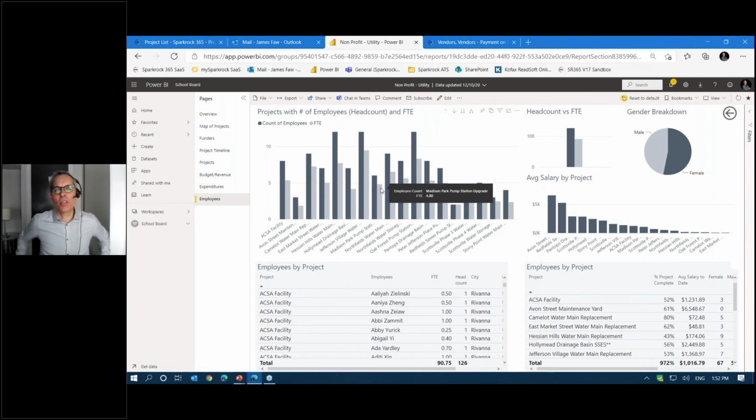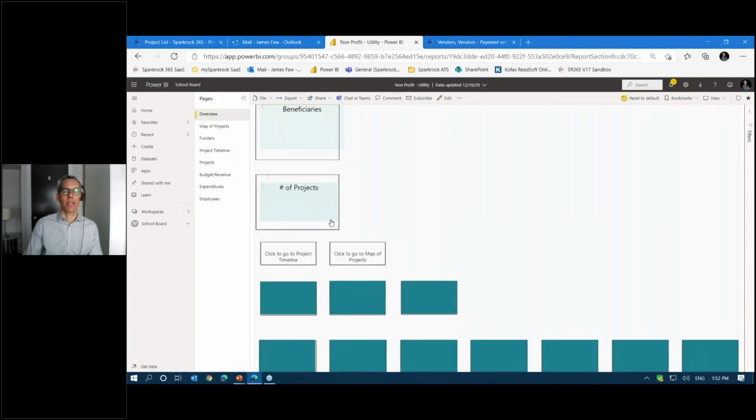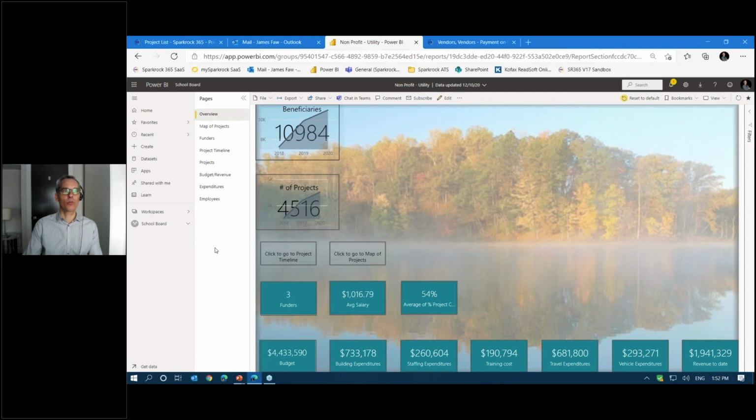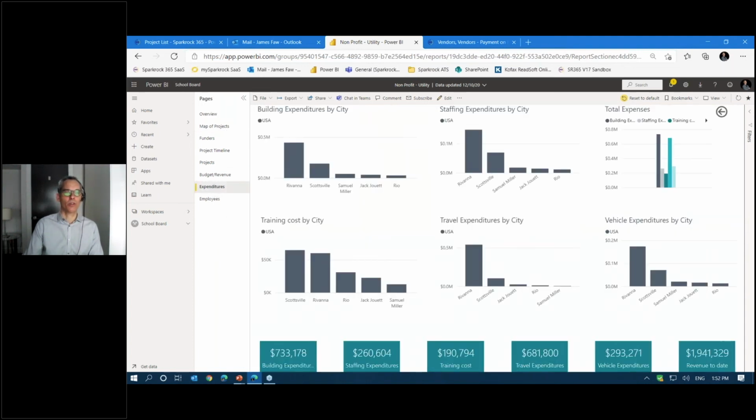So I can create some really visually stunning and helpful and insightful dashboards that can be even customized by your own team if you want to further customize them to something specific that you want to see. And I can share these dashboards through Teams or SharePoint with other users. And it really can be a game changer in terms of allowing organizations to have deep insight into what's going on within their organization, and to really revolutionize your compliance with grant reporting.